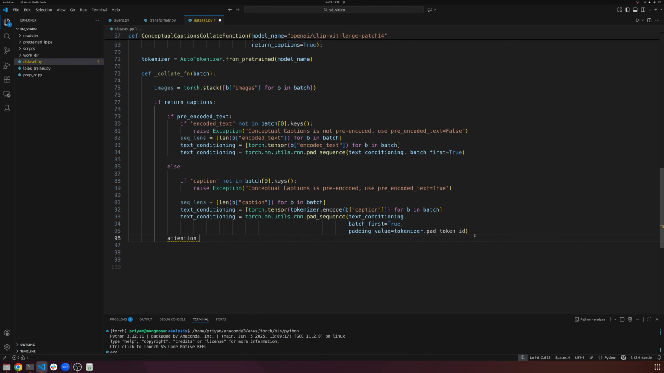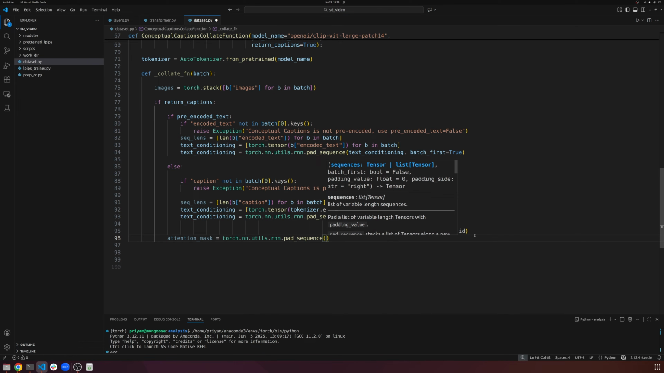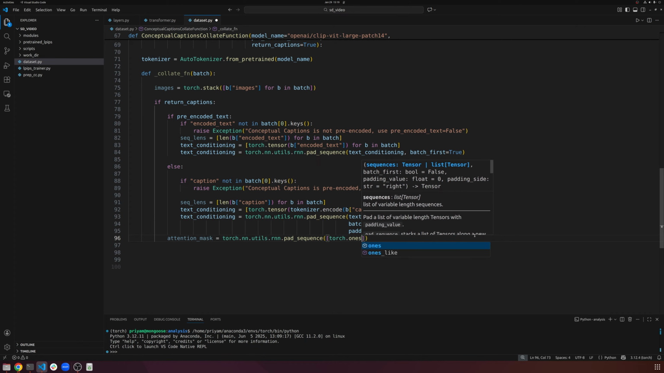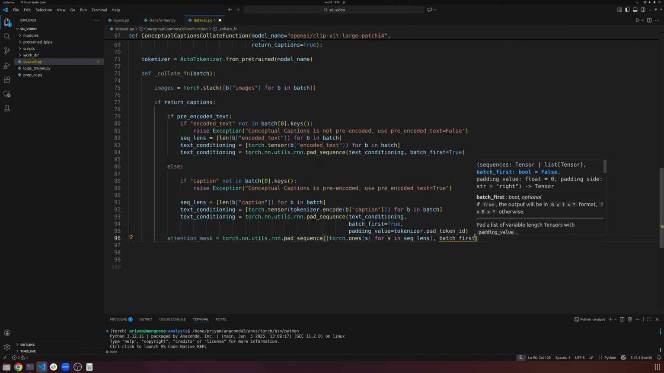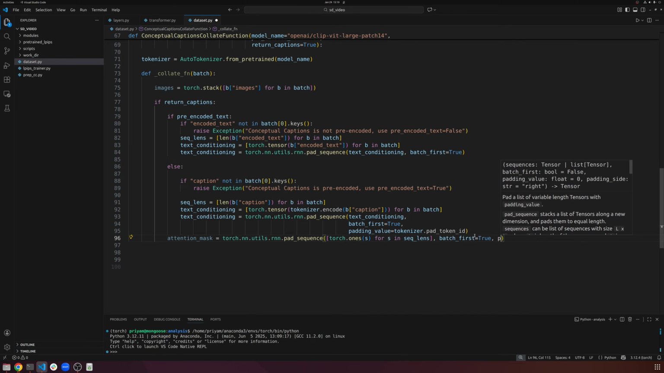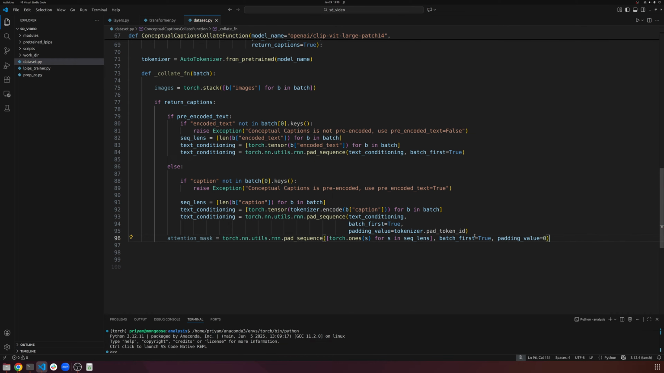And we can do attention mask is going to then be torch.nn.utils.rnn.pad_sequence. It's going to be torch.ones(s) for s in sequence length. Batch first is true, and padding value is 0, and we'll make it a Boolean. So basically, ones for every valid thing, because that's the sequence length, and then it will pad everything else at